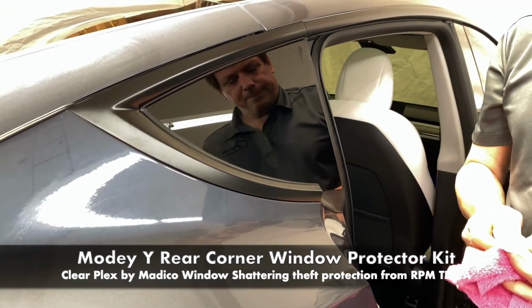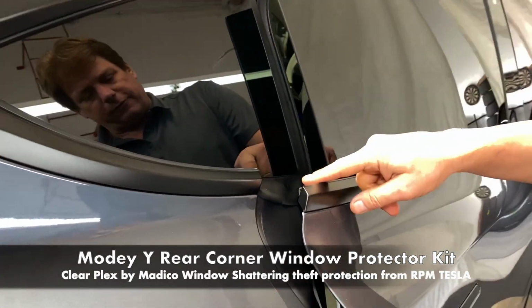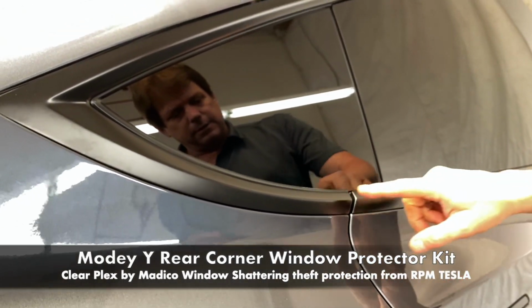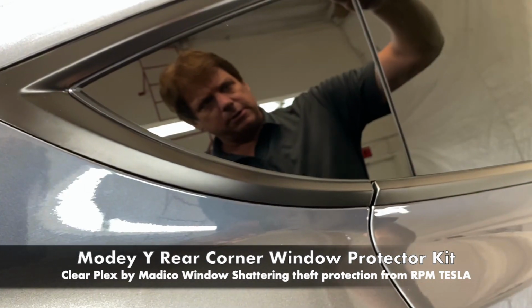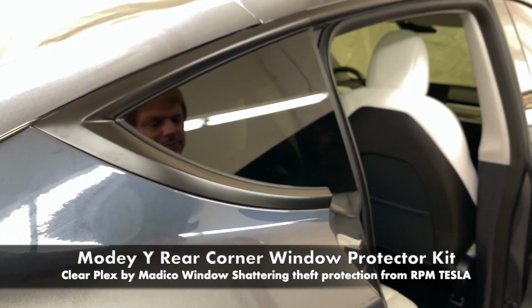Now, another thing that's really nice about our pattern, we're the only one that makes a pattern that goes below the line of the molding. So if a criminal sees this on the car, after they try to break it, they're not going to be able to peel it off because we're going to run edge to edge to edge. So they're going to hopefully hit it, move on to the next car, and you're going to save yourself about